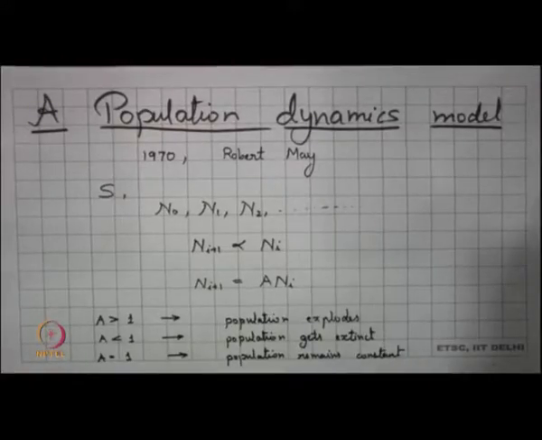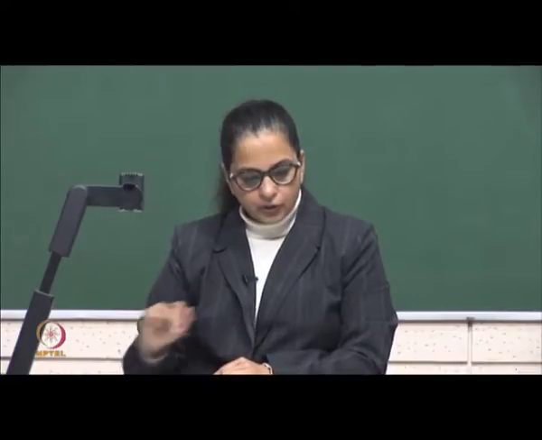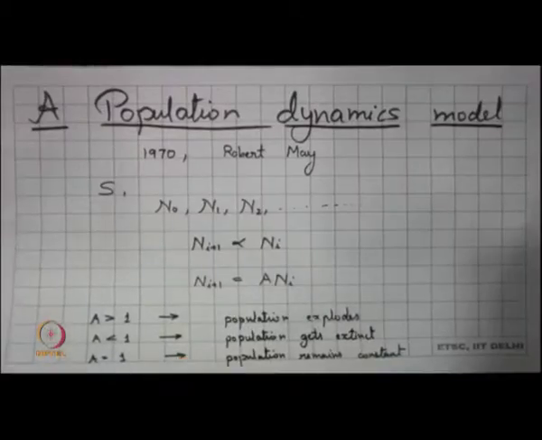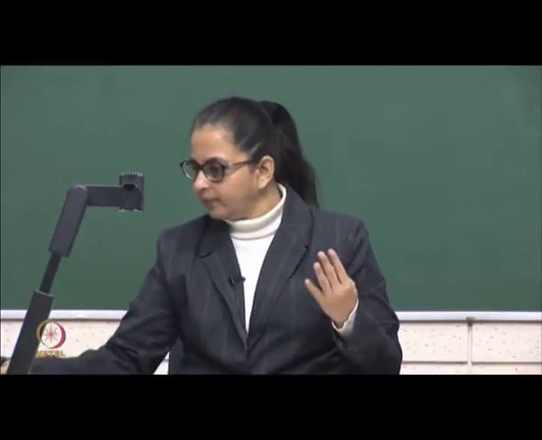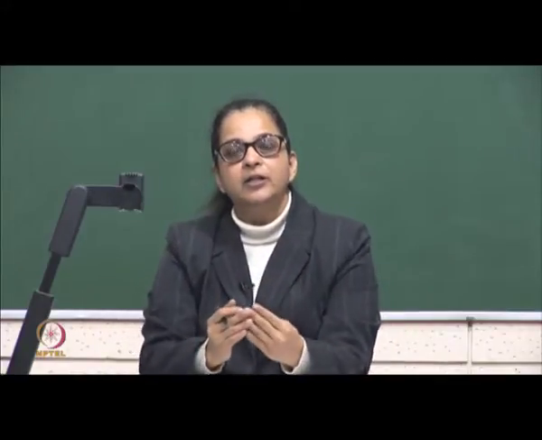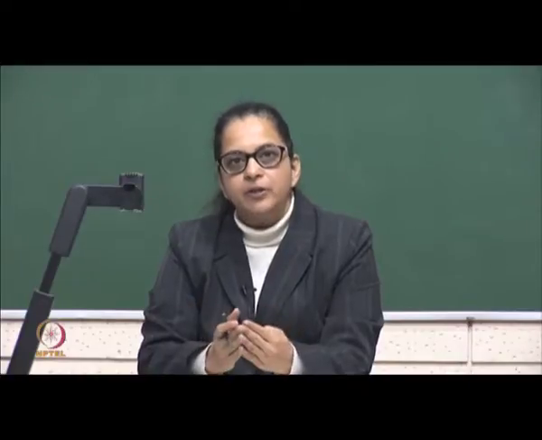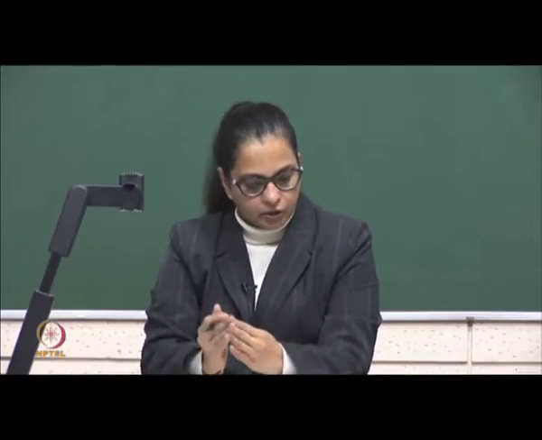Now, it was observed that this is not a very practical model for population. So, what is a practical model for population? It was observed that population also depends on how the individuals interact among each other. Say if two people are interacting, there will be a competition for food, for shelter, for space. So, it also depends on the mutual interaction.